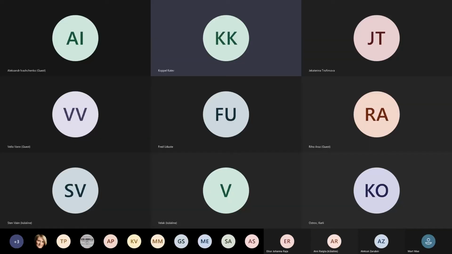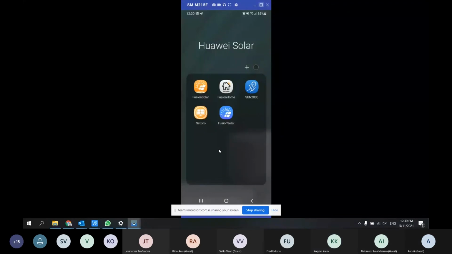Khalif, can you approve the connection of my colleague? Andrei? Yes, Andrei. Okay, Khalif, we will share the screen of my colleague, and he was able to connect the inverter to his phone to laptop and show you the screen. Okay, now you see? Yes. Khalif, yes, we can see.